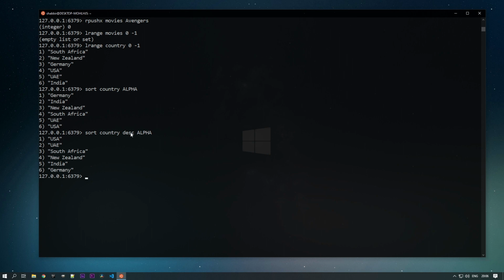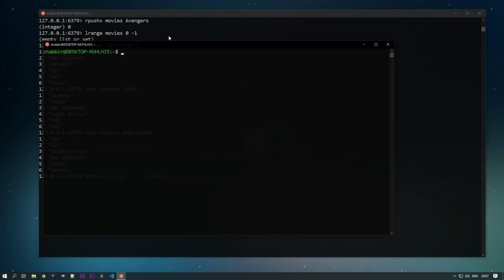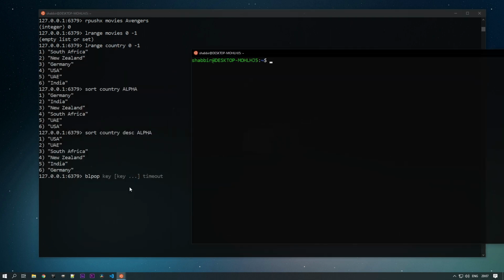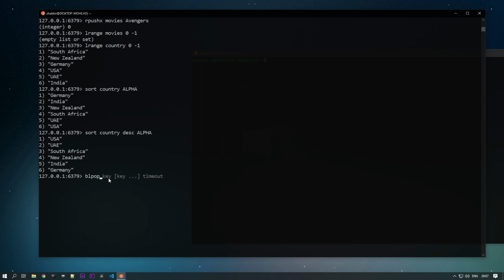Now the other commands we have are blpop and brpop. What blpop will do is block the execution till it has any value to remove. If there is any value in the list, then it will remove it within the particular time frame. Otherwise it will wait till the timeout is done to remove any element. So for that, let's open one more terminal and add blpop over here.